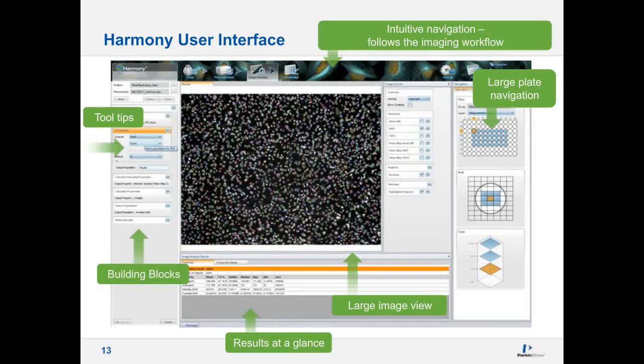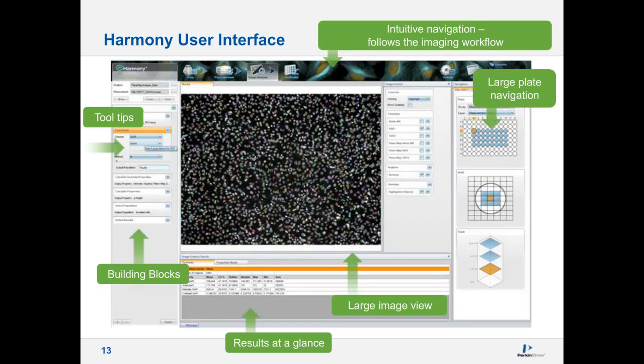I'm a strong believer that usability of high content devices is key in achieving good use out of your investment. This is why we continuously invest in improving Harmony to provide you access to all the power of the hardware and to enable advanced experiments. With Operetta CLS, we bring a new version of Harmony, Harmony 4.5, and we're going to showcase a few of the most advanced features here. For those of you who don't know Harmony, this gives you a brief idea of how Harmony looks.